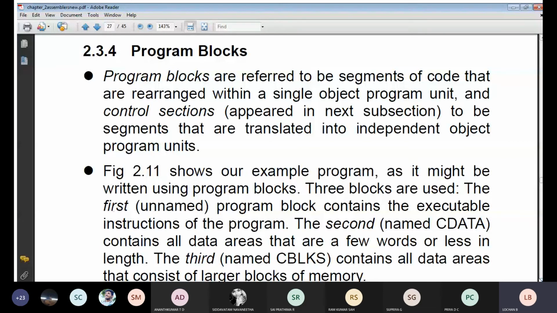So what I want to say is, the complete instructions you got, we are going to break in terms of segments. Each segment will perform one particular operation to calculate your object program. Once you complete your object program, finally it will be translated into your programs. So program blocks means we need to perform the blocks. Blocks is nothing but the complete instructions divided in terms of segments. Each segment will perform an operation.